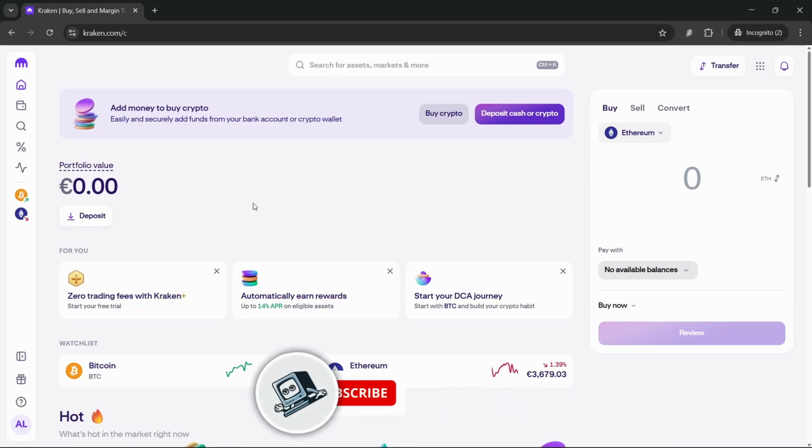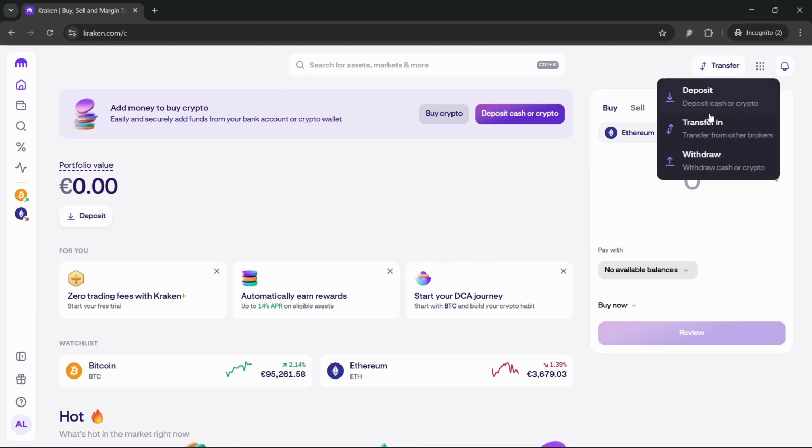So this is very easy. You will obviously need to have your Kraken account ready first. So you can either log into your Kraken account or just create one if you don't have one yet. And once you are here at the dashboard, we are going to go to the transfer button, and then we